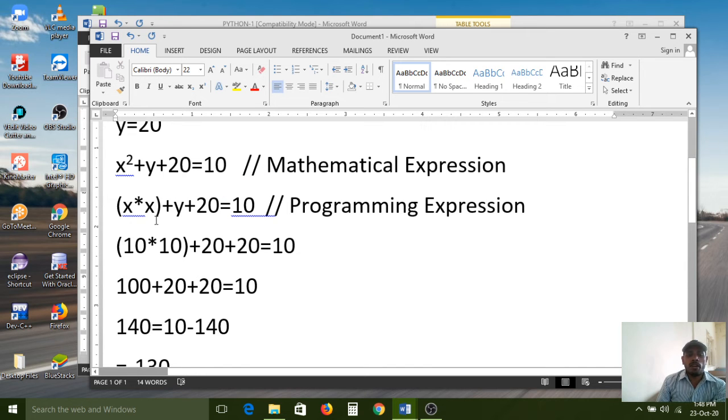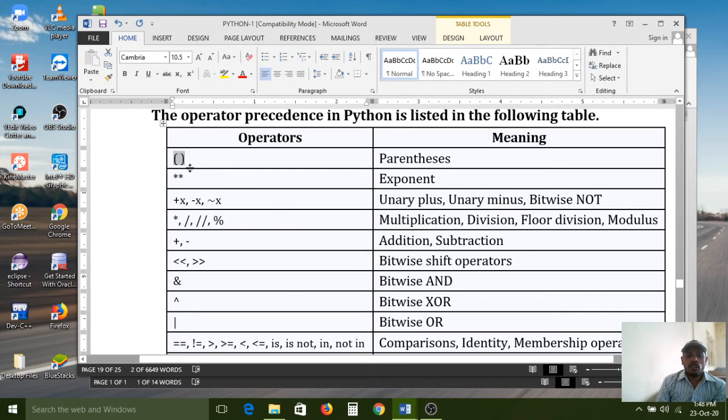So this you already know from mathematics. This is BODMAS rule. First it will execute the brackets. After that, divide and multiply symbols it will execute. Like here I have given the table. If we have any expression, the first priority will be given to the brackets. Whatever expression you have written in between brackets will execute first.